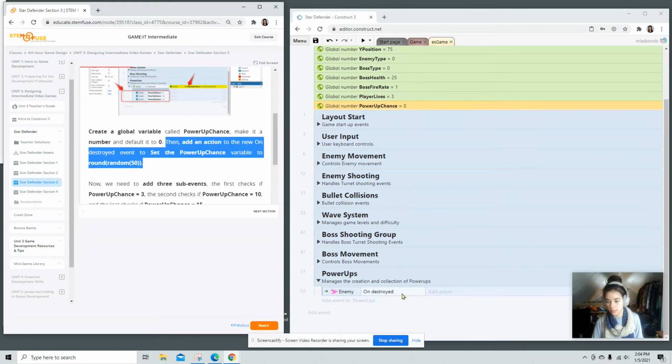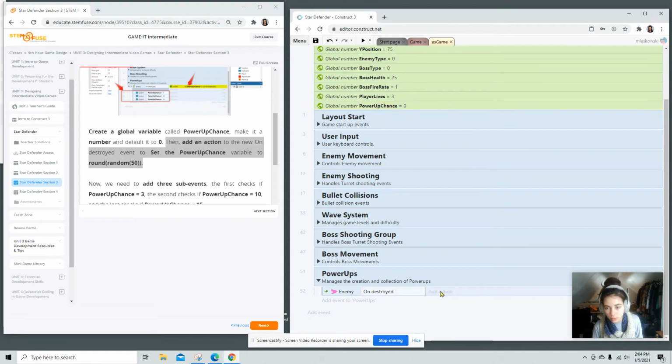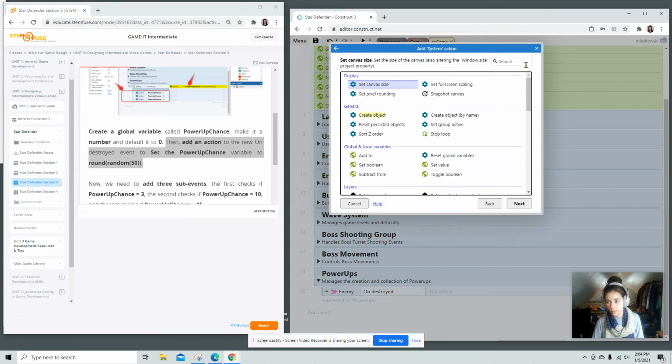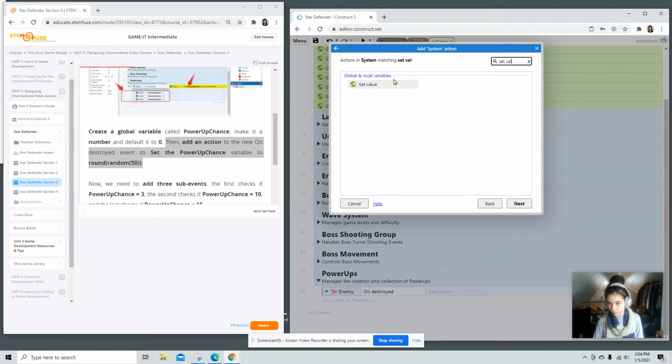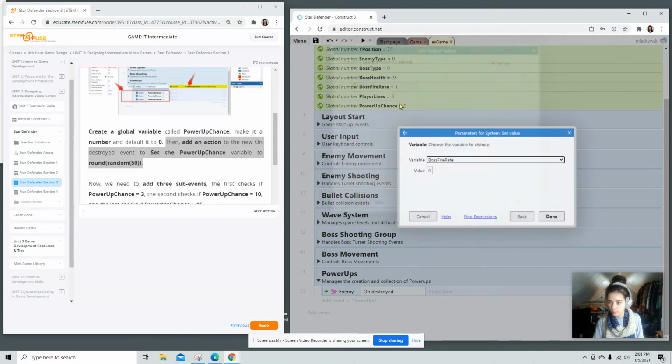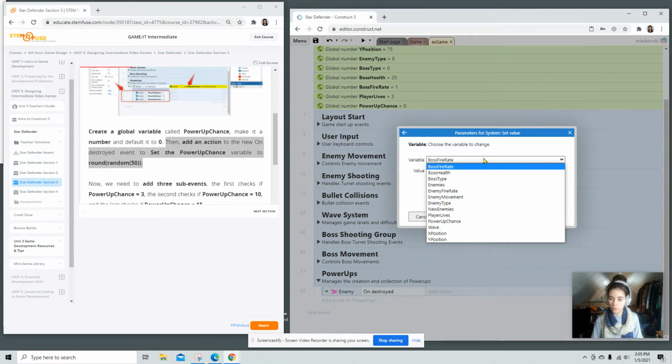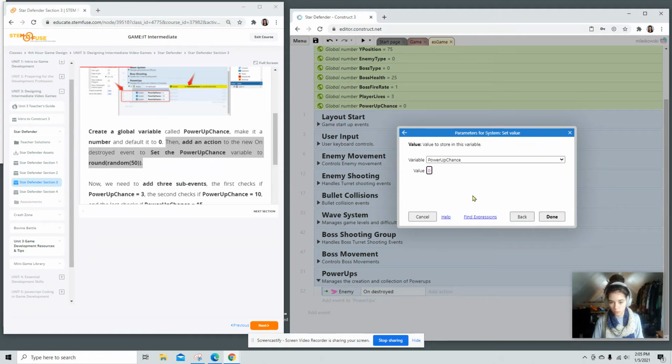We're going to go to the system, and it's going to be set value. And we are going to set the power-up chance to round of random